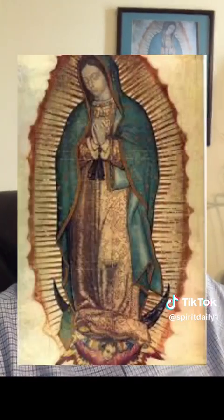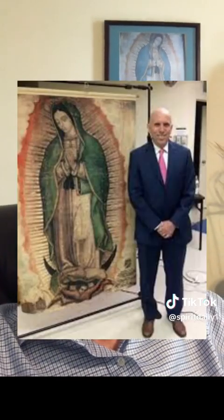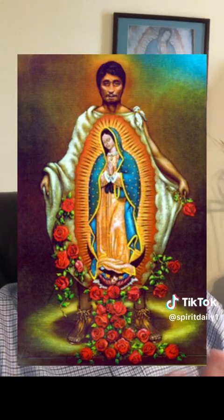Agave cactus tilma. I mean, you can't paint on agave cactus. Not only that, but this thing has lasted since 1531, and agave cactus only lasts for 10 to 20 years. They tried to replicate this. Scientists who have looked closely at this will tell you it's just like an image that is there, supernaturally infused,